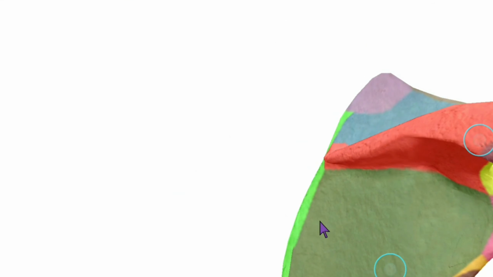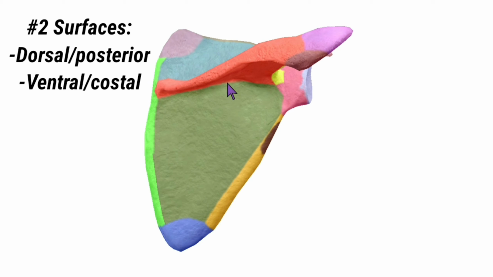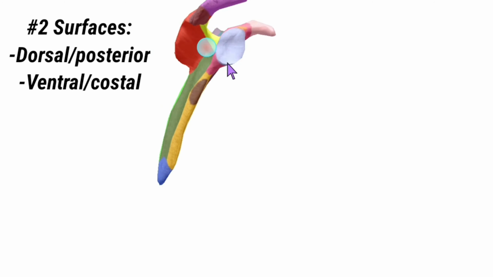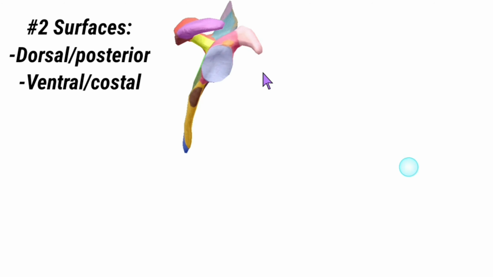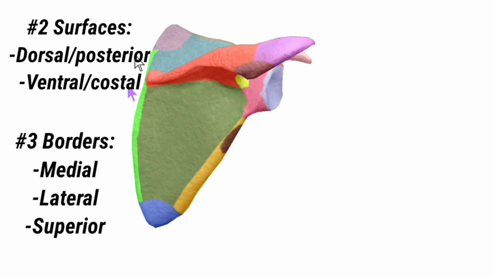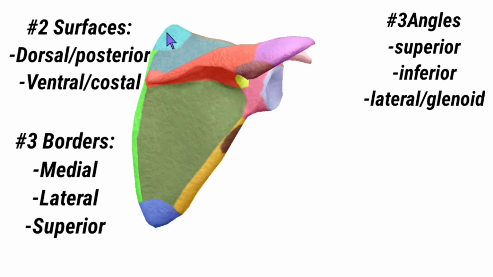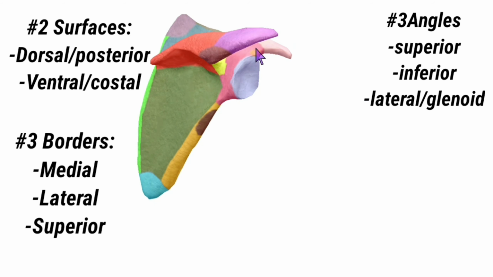Now talking about the different features of the scapula. It has two surfaces: the dorsal surface, also called the posterior surface, and the ventral surface, also called the costal surface. It has three borders: the medial border, lateral border, and superior border. Also, it has three angles: the superior angle, inferior angle, and lateral angle, also called the glenoid angle, that contains the glenoid